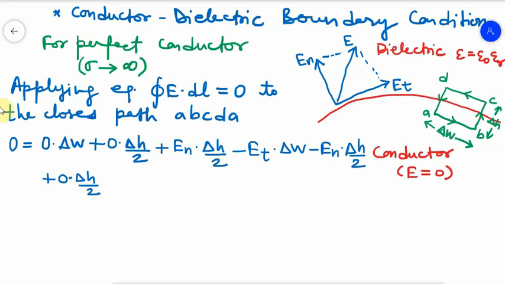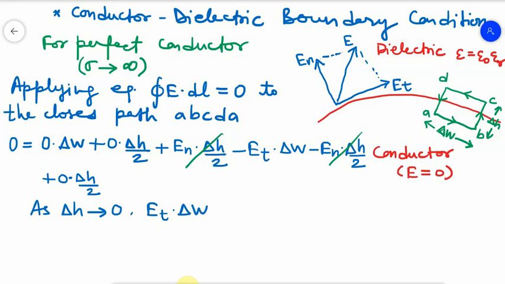It is 0. So this term is 0, this term is 0, this term is 0. Okay, so now if we assume this del H is very small, since we have assumed this closed path along the boundary, we can assume it is close to 0. In that case, you see the En dot del H by 2 terms got cancelled, and we are left with this only, because the remaining terms are multiplied by 0.